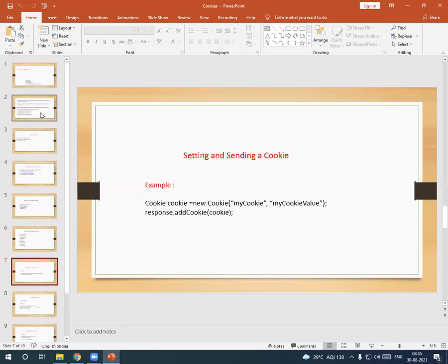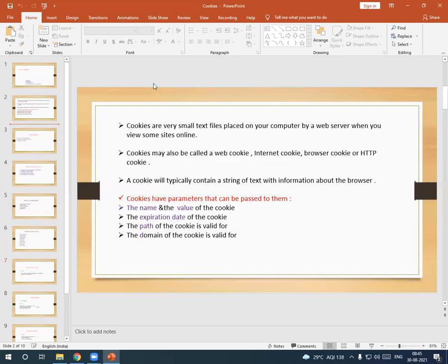So cookies, we have seen, are a very small text file that is on your computer only. Cookies are stored on the computer, but placed by the web server. When we are visiting some sites online, that website or web pages contain cookies, which store information about the client.